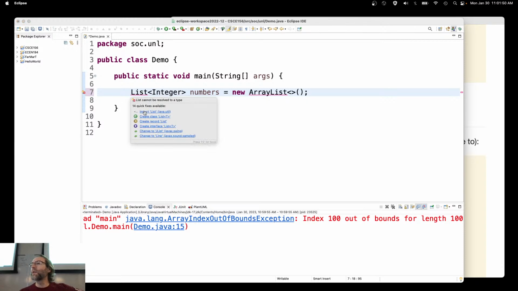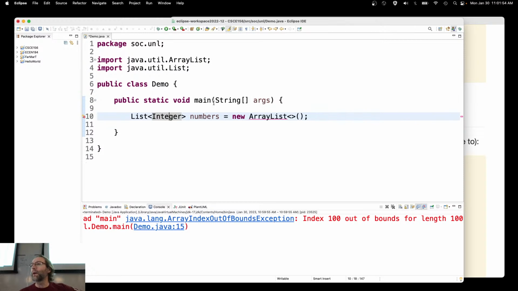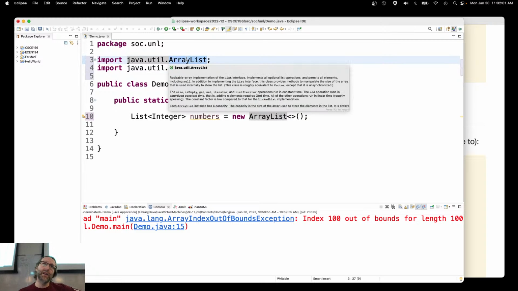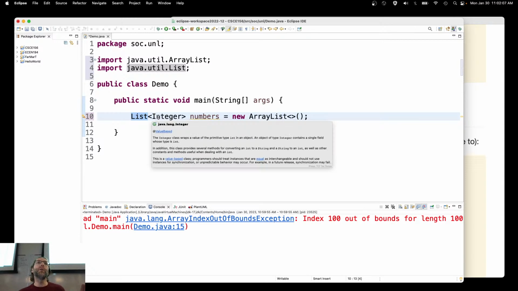And then we're going to have to bring these in. These are all defined in the collections library, java.util. Right? A list is an interface, an array list is an implementation of that interface. Don't worry about it. Just understand what the syntax is doing. This is a list of what? And then this, we call these Langle-Wrangle, right? Yes, it is less than, it is greater than, but when it's in this context of a delimiter, we call them